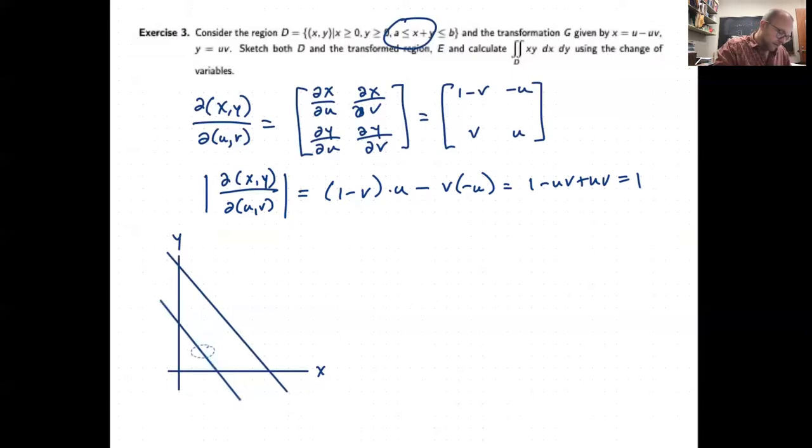And maybe I'll move this one in a little closer so that it's clear that they're farther apart. And so one of them will be x plus y equals A, and the other will be x plus y